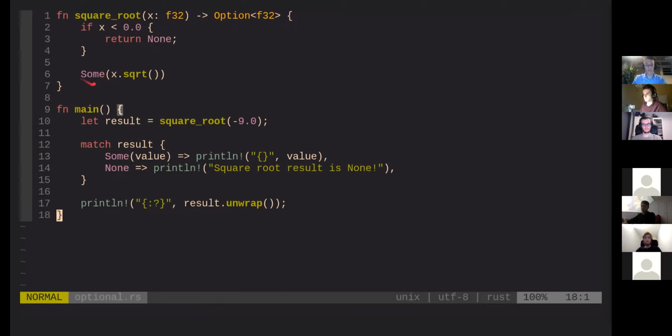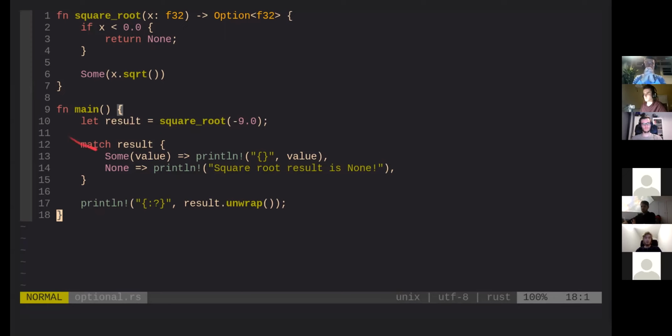This is again an enum type, so we have the enum variant Some of option, and return that, otherwise we return none. Now if we want to use this, we create a new variable, result, and assign it to the square root. But the type of this variable now is not a float, it's an option of a float. So we can't use it to do other calculations.